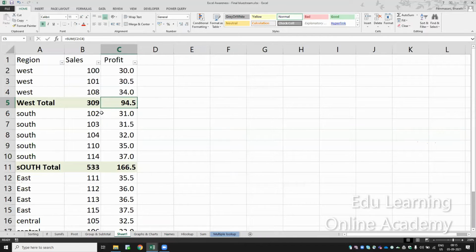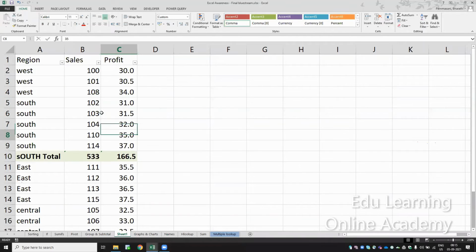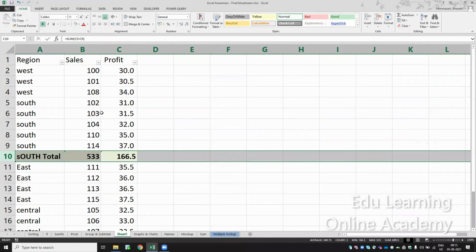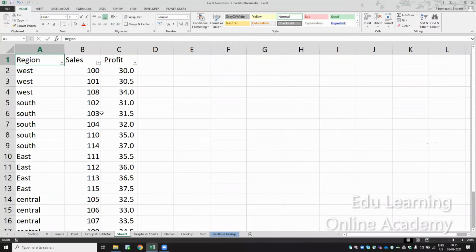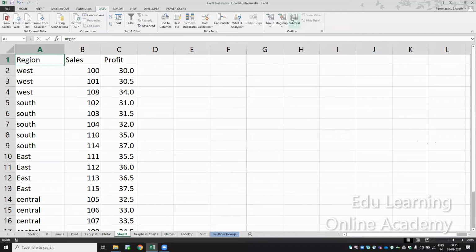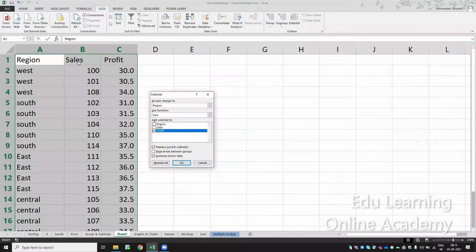But instead of doing this manually, now we wanted to do the subtotal. I'll select this, go to Data and click on Subtotal. Subtotal by which column? I have to do the subtotal for region, for each change in the region.